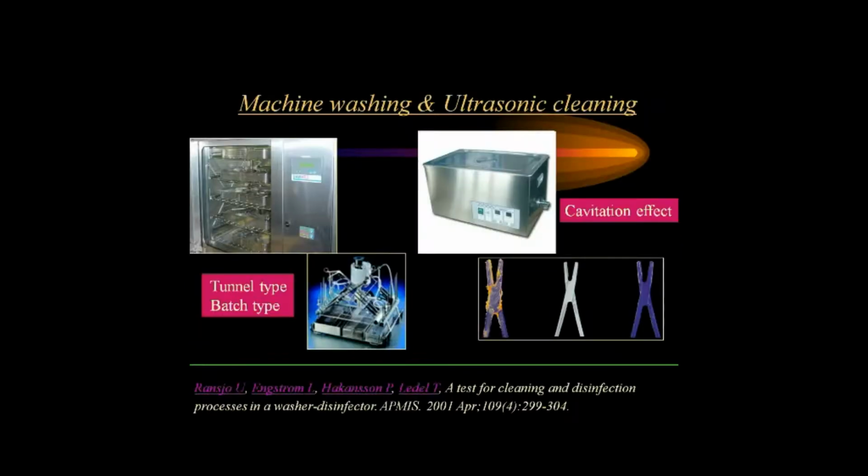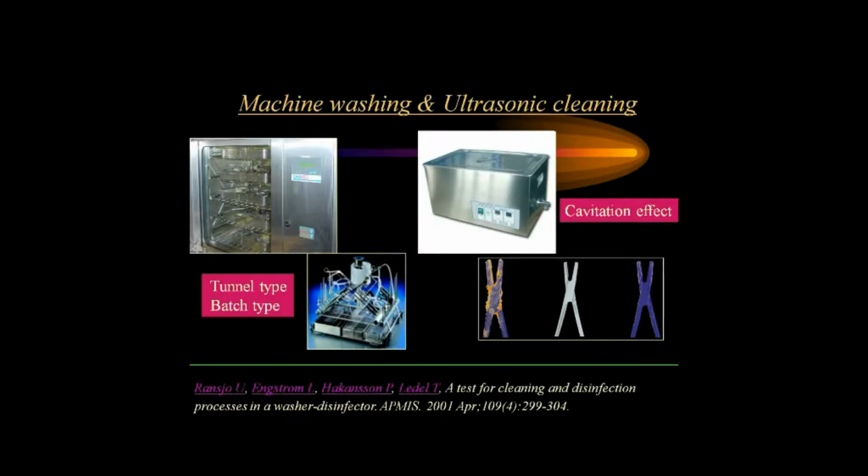Next slide. Coming to the types of cleaning, even though manual cleaning is good, it is cumbersome, so one may prefer, especially in a high-turnover corporate setup, machine washing. There are two types of machine washer, a tunnel type or a batch type, and an ultrasonic cleaning device which, by cavitational effect, can clean even the small dirt. So very fine equipment like the accessories of endoscopy are preferably cleaned using an ultrasonic cleaning device if it is